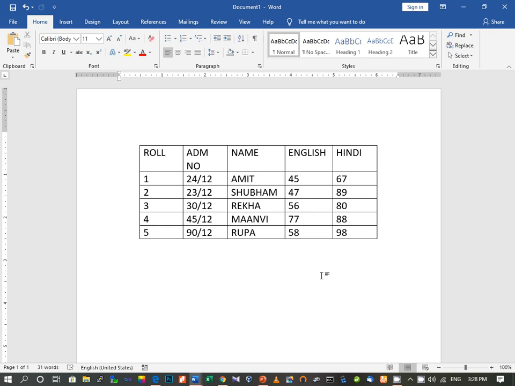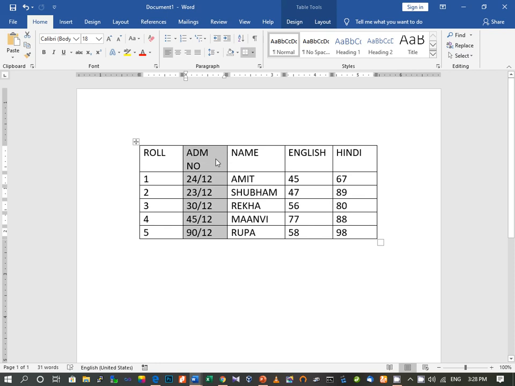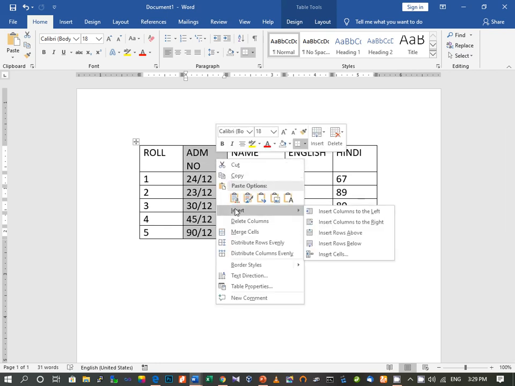So first we will learn how to insert a row or column in a table. So suppose here just at the side of admission number, suppose you want to insert one column. So for that you have two ways how you can do this. First is you right click or you select the cell, select the column where you want to insert, then there you have insert option. Here you can see one insert option is there. Then here you can see insert columns to the left hand side if you want to insert column to the left, or insert column to the right. So these are the two options which we can do. So we can insert either left side or in the right side.